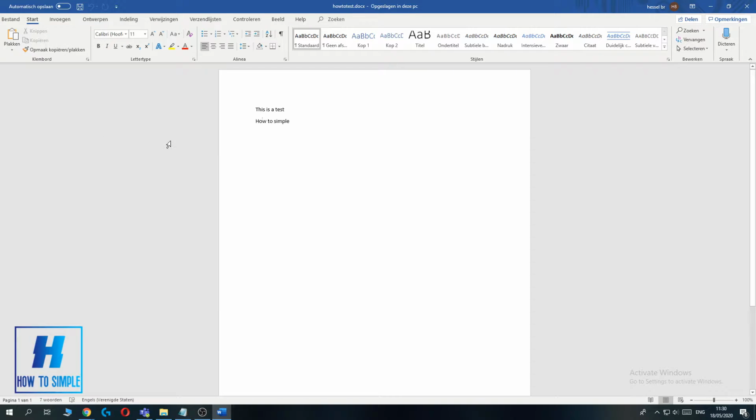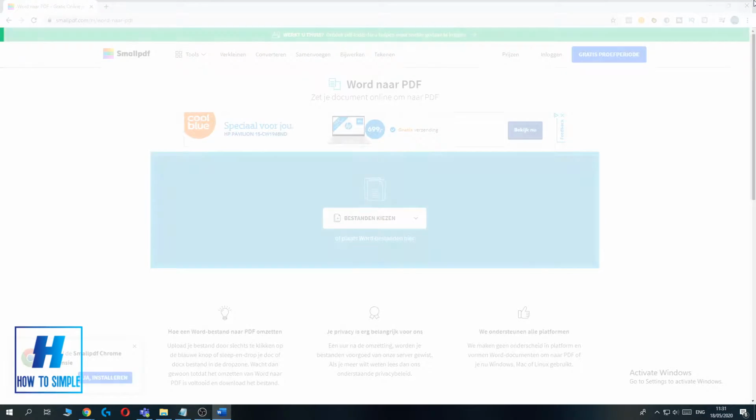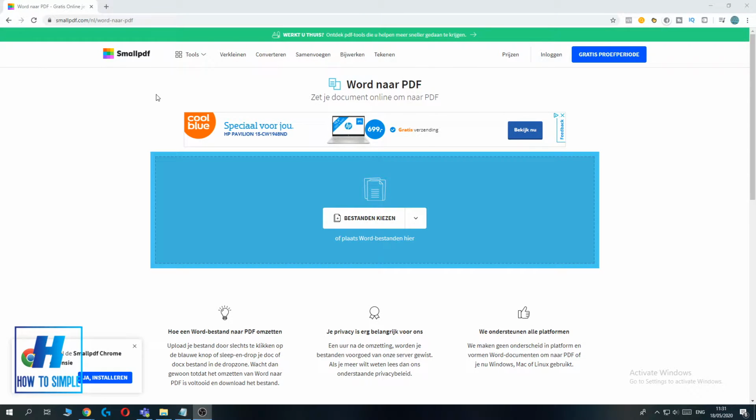And now you can just close your Word file because you don't need it anymore. And as you can see, the name of the file is a .docx file. So you want a PDF file, right? So this is not the right file. I'm going to show you how to convert this into a PDF. So you can close Word and then you want to open your browser and you want to search for